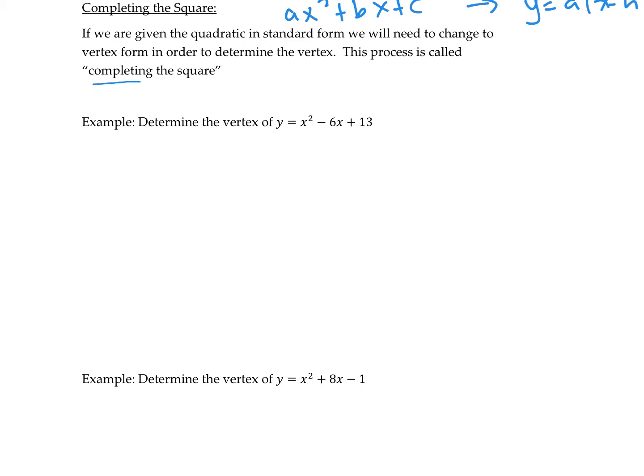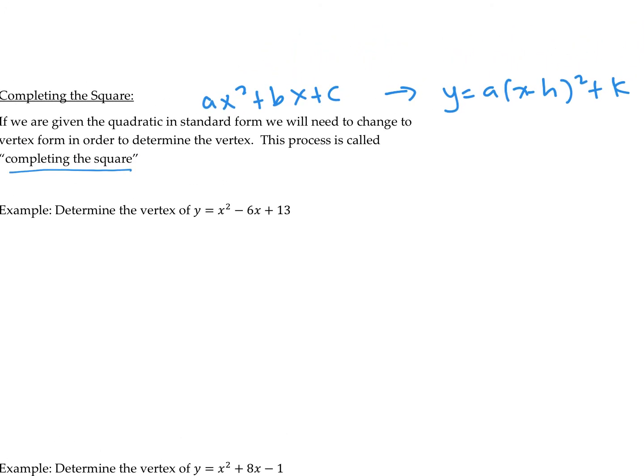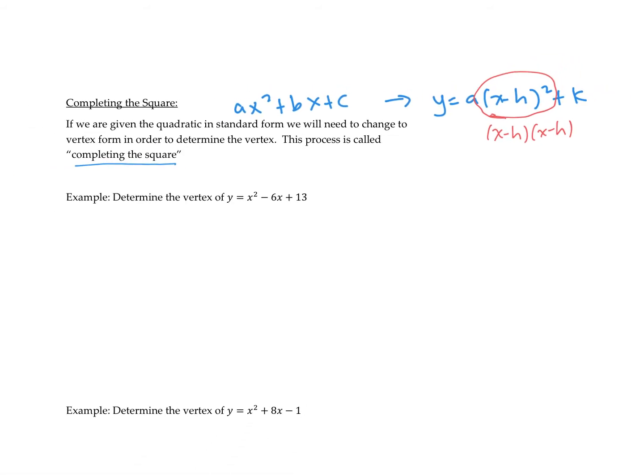This process is called completing the square, because you will see that there is a square in this vertex form. (x minus h) squared means (x minus h) times (x minus h). It is a square. That's why it's called completing the square. So what we do,